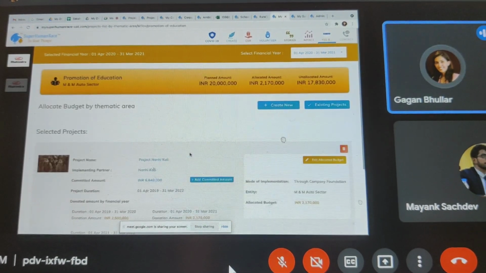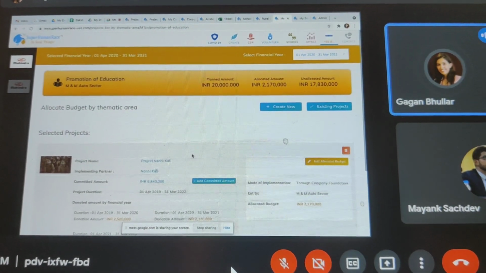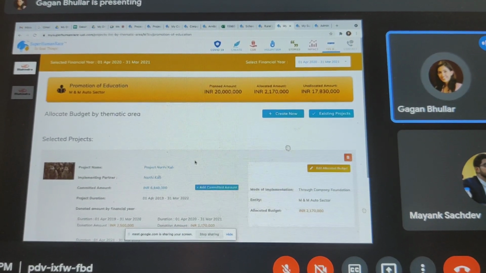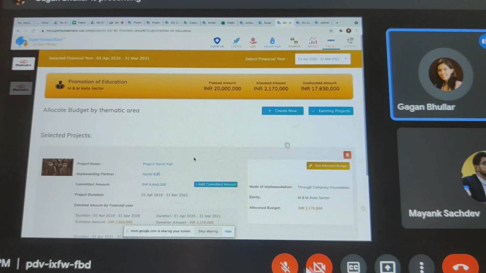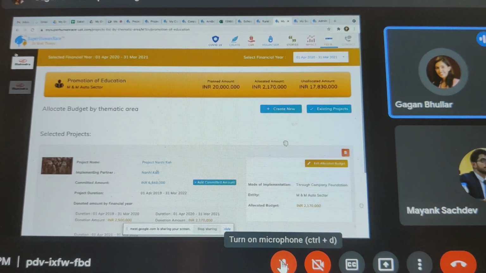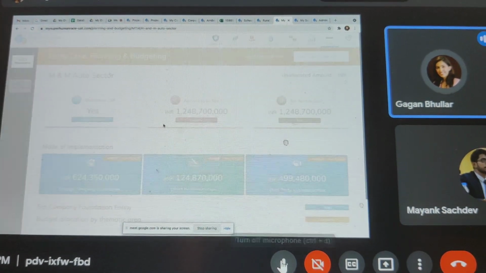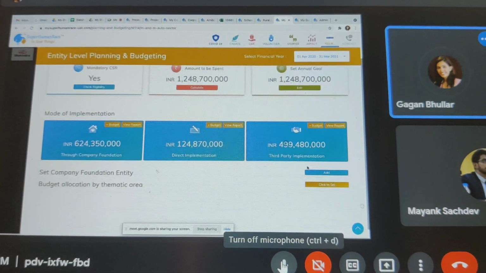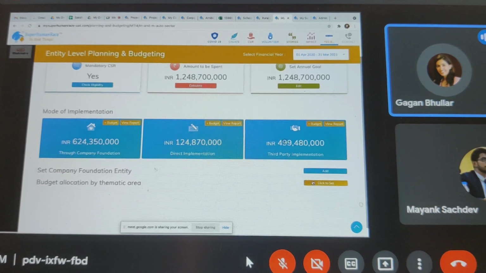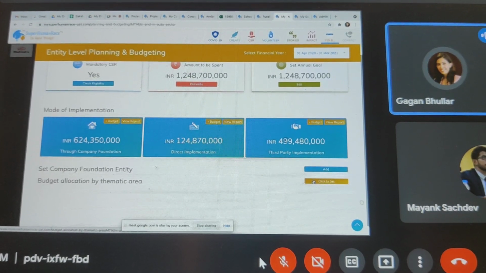It gives you reminders to put it in an unspent account. So it does reminders as well as notifications after the date has been crossed, because until the next 30 days after the end of the financial year, you can still allocate the unspent amount. So it continues to do that for you. Okay. So yeah, you can continue to track all of this.